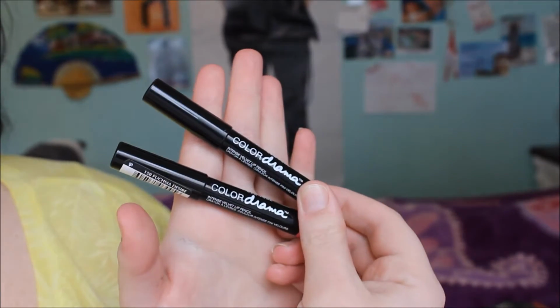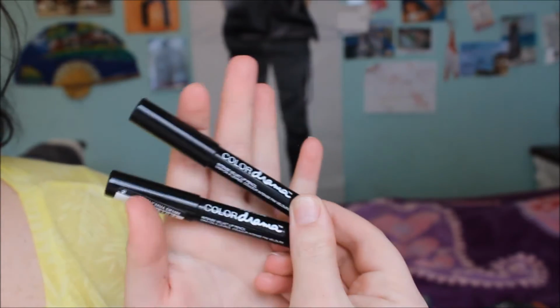The next item is the Maybelline Color Drama Lip Pencils. I saw another YouTuber do a swatch video of these and I had to go out and try them. I do have 3 of them, but these are the 2 favourite colours that I've been loving this month. They are so dewy, very easy to put on. They last on your lips for a long time. They are probably the best